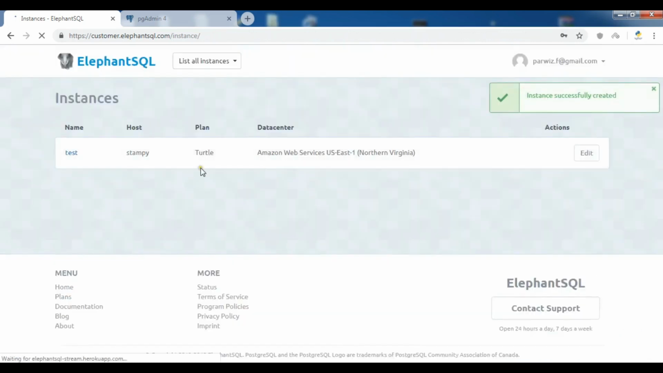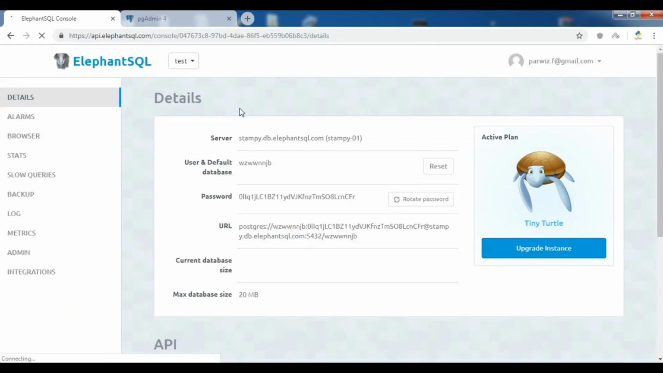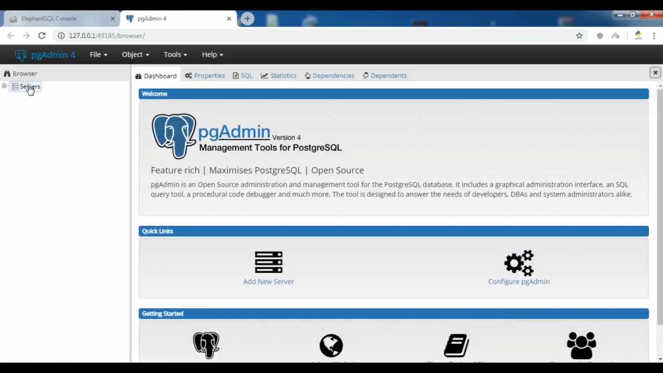Okay, now our instance is created successfully, and after this let me open this test. You can see there is some information that we need, for example user, so username, name. So now this is the information of my instance. After this let me open pgAdmin 4, and let me click on servers, create, and I want to create